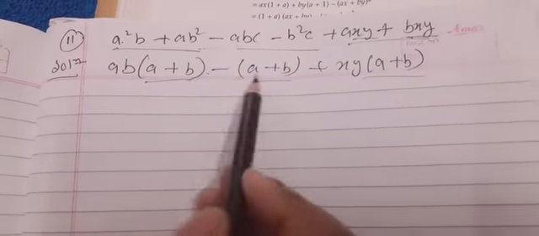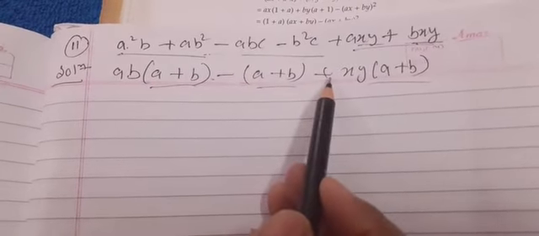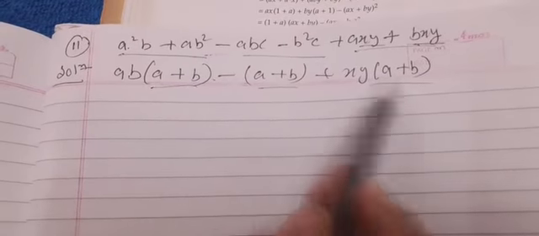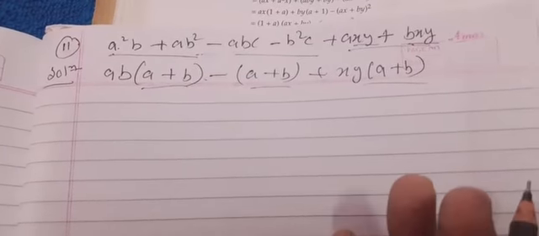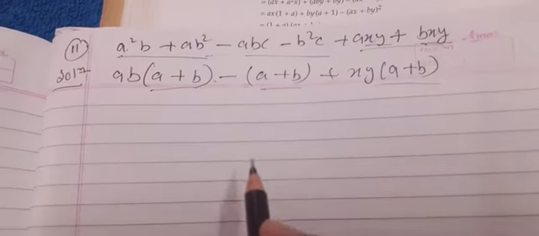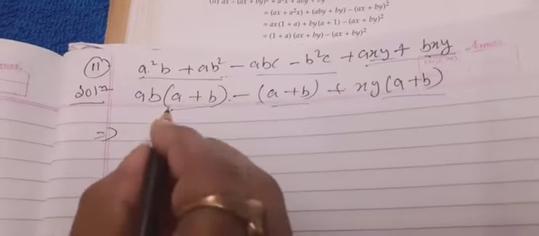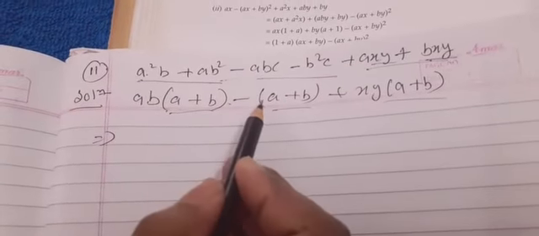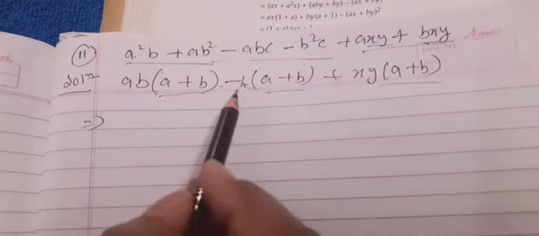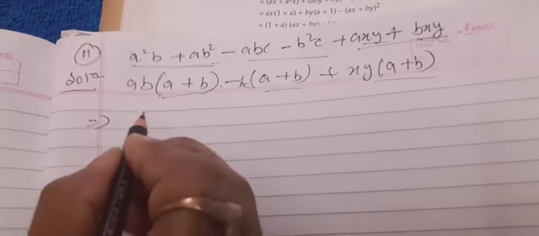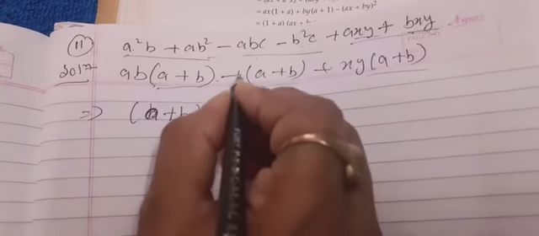If you see that all the terms are different, or one term is different, or the sign is different, try to take that sign common. Still, if the terms are not coming similar, then you have to shuffle the terms and restart the sum, because we know that maths is a subject where we apply the trial and error method. But this trial is successful, so what are we going to take as common now? From every bracket we will take A plus B. Here BC was common, A plus B was there, so I am taking A plus B common from all the brackets. I hope it is visible.